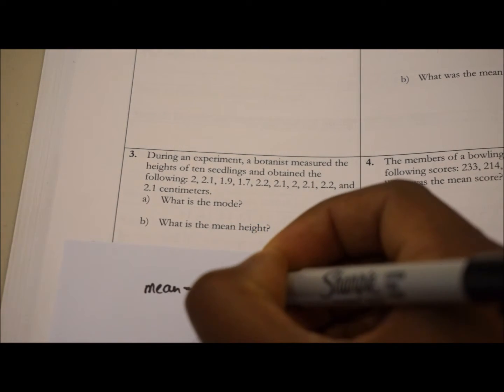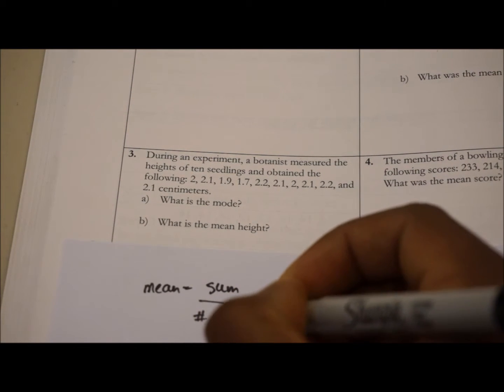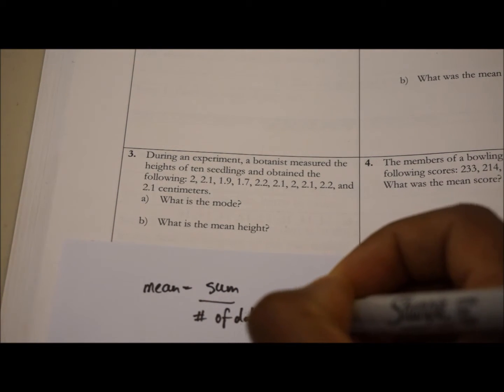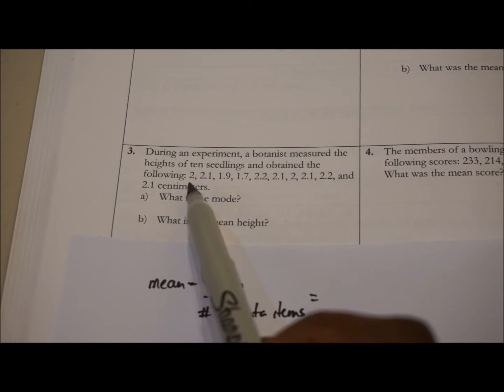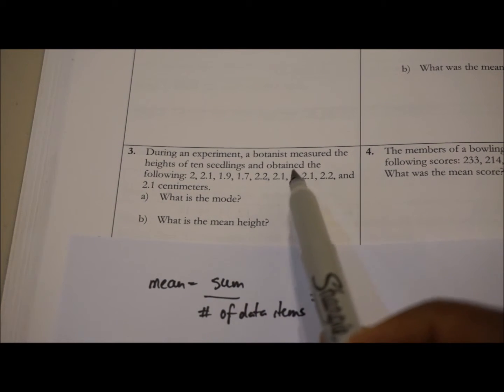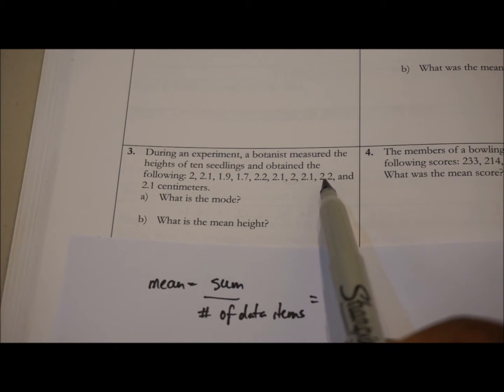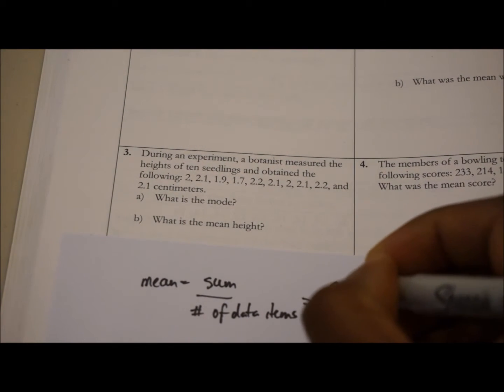If I find the sum, remember sum means to add 2, 2.1, 1.9, 1.7, 2.2, 2.1, 2, 2.1, 2.2, and 2.1, the sum comes out to be